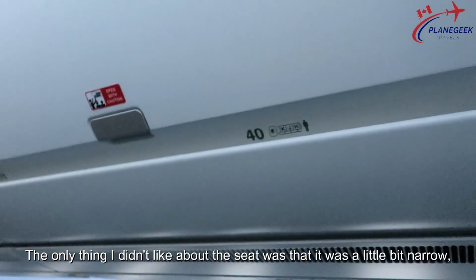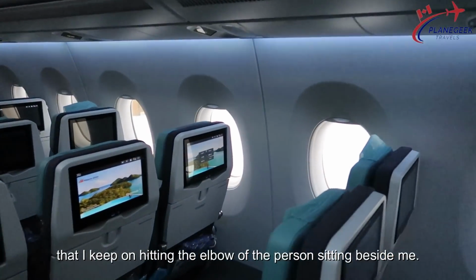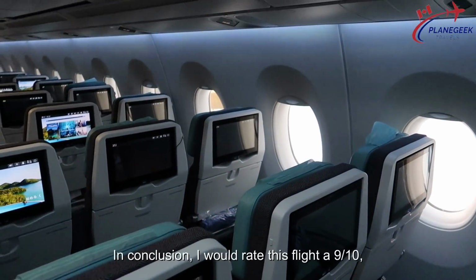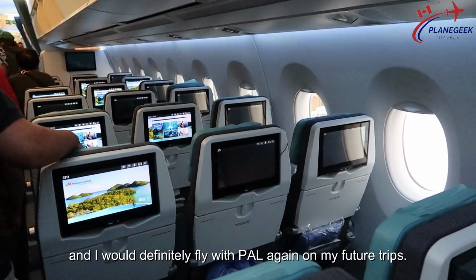The only thing I didn't like about the seat was that it was a little bit too narrow, that I keep hitting the elbow of the person sitting beside me. I had the same experience with a few other airlines, so it's not a huge deal for me. In conclusion, I would rate this flight a 9 out of 10, and I would definitely fly with PAL again